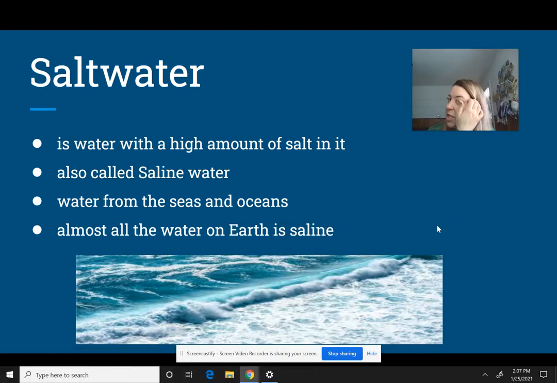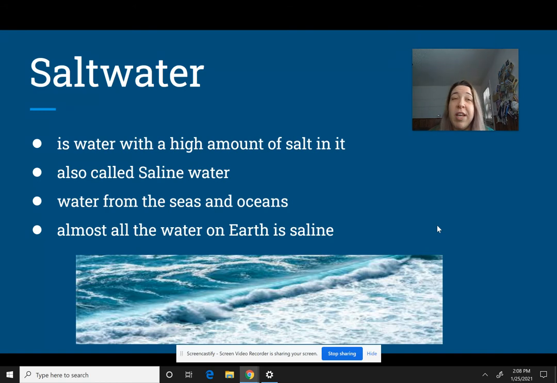All right, next we're going to talk about salt water and fresh water. And I'm sure most of you are pretty familiar with this, but I thought I'd give you a reminder if not. Salt water just is basically water with salt in it, like it says. A lot of people will call it saline because all saline is salt water. You may also hear saline if you were to be in the hospital or be around someone that knows things about the medical field because they use salt water for different things like clearing lines and fun stuff like that.